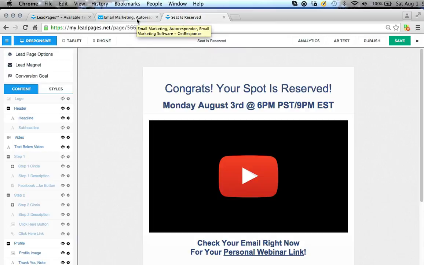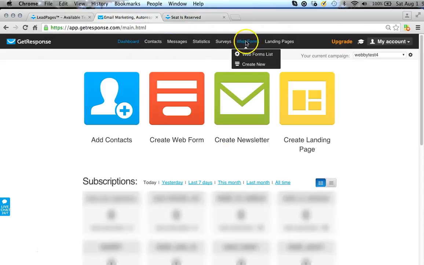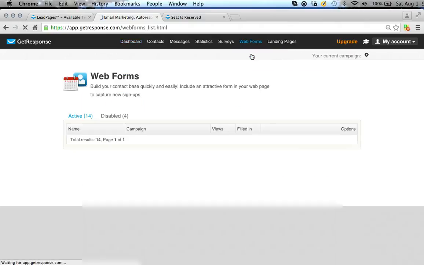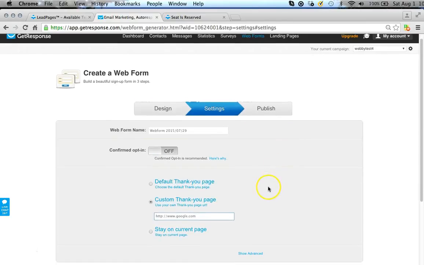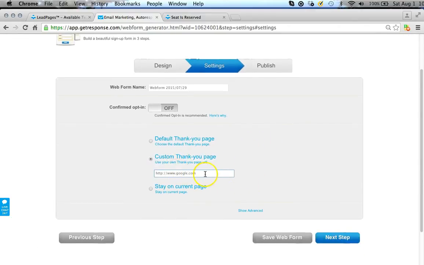And let's go into GetResponse. Once you're in GetResponse, hover over Web Forms, click on the Web Forms list. Find the web form that you were working on for these funnels and click on settings over on the right hand side of that web form. Now under custom thank you page, if you remember from the last training, this is where we put in google.com just for a placeholder so we can save the web form. But what you want to do is take that out and put in the lead pages thank you page we just created, and then click on show advanced,